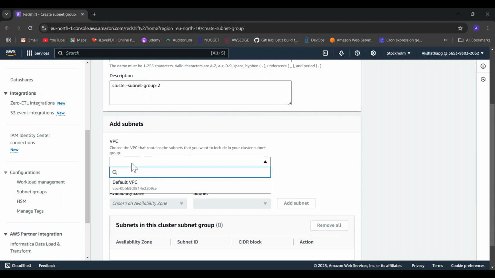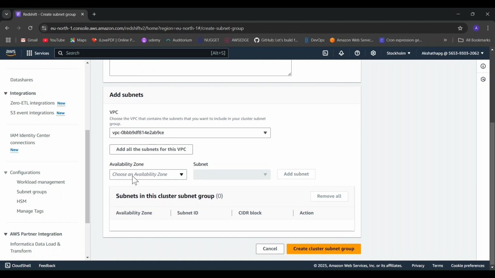So here we need to add a VPC. I'm taking the default VPC, and here you need to add an availability zone. You have three availability zones, so I'm using this one, and